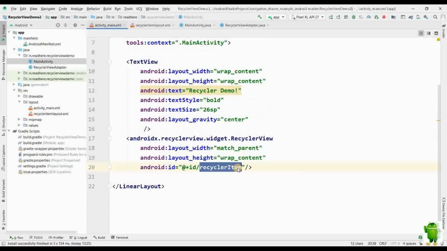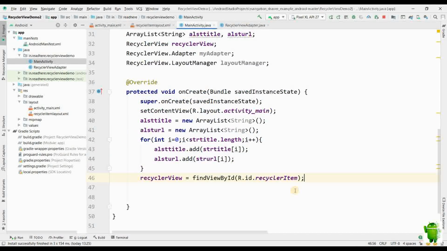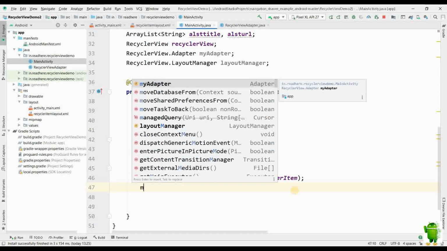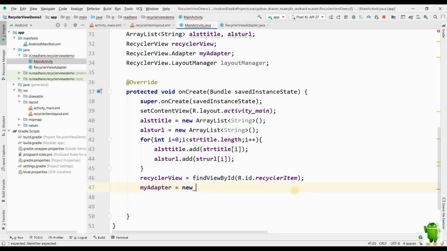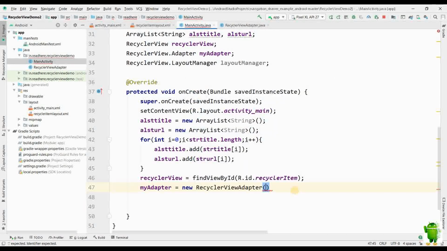Next we'll initialize the adapter. My adapter is equal to new recycler adapter.